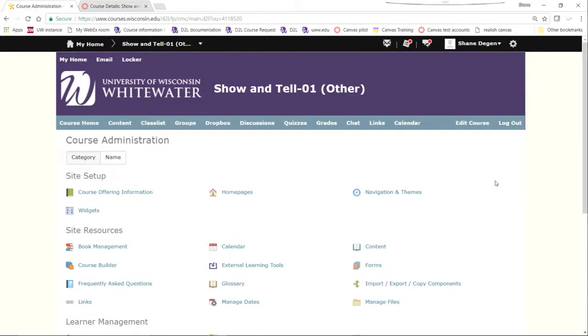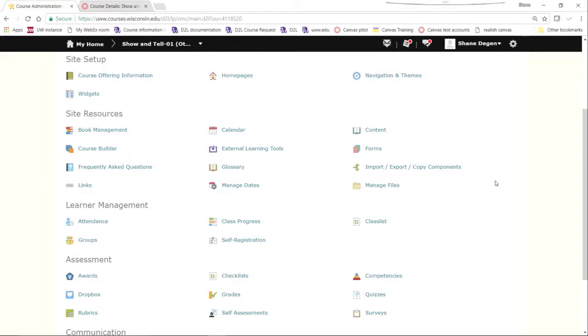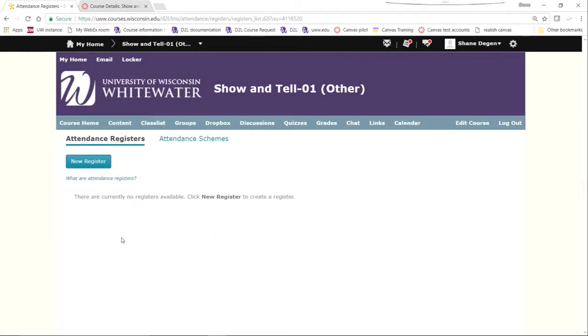So you'd have to come into your Edit Course area and then find the attendance tool. In D2L, you needed to create a register that listed every course date that you had planned to use attendance for.